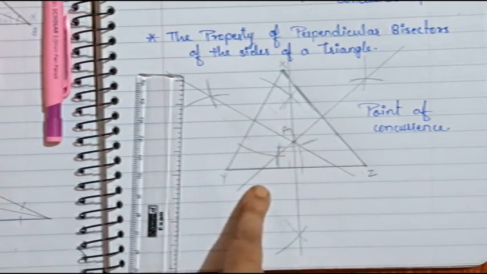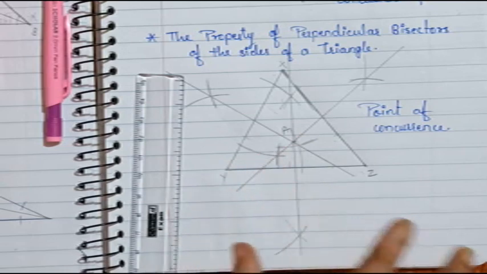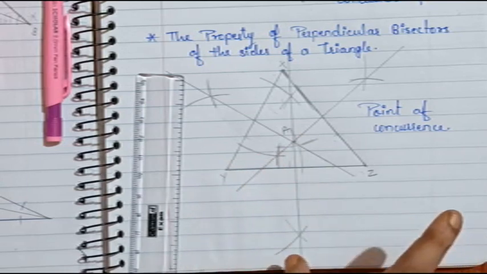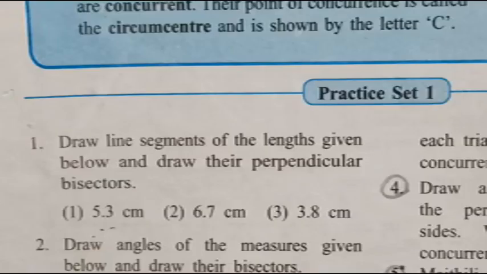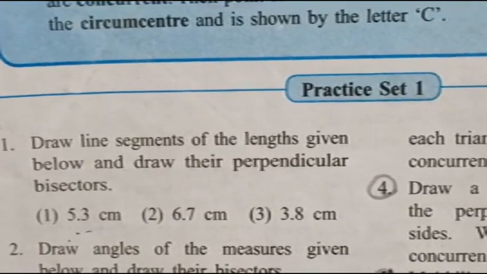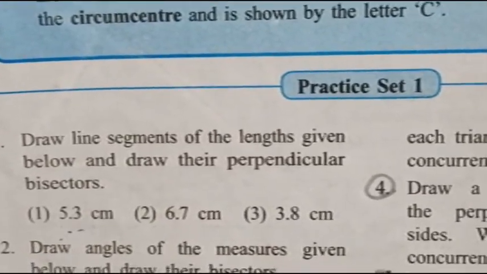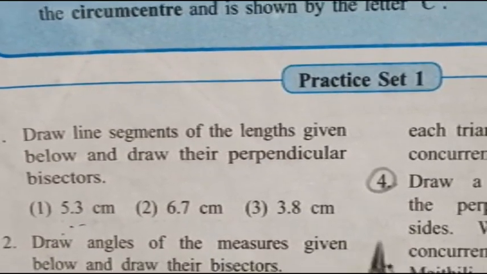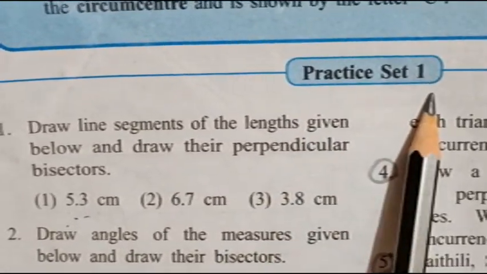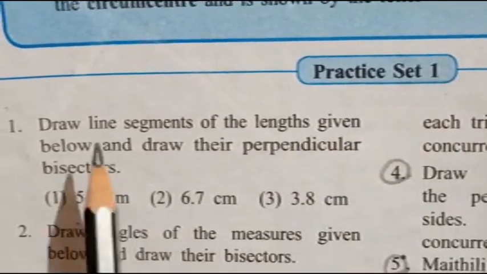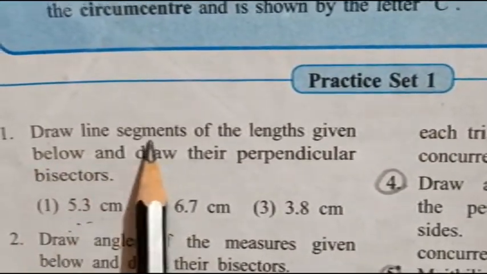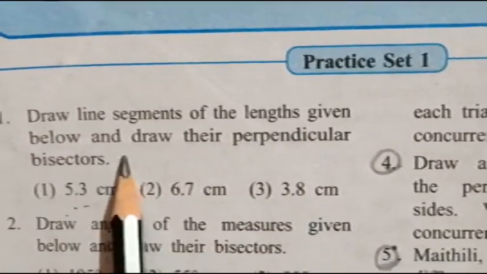Is that clear students? So these are the 2 main important parts for today. Okay, now students, in your textbook page number 2, we are going to study practice set 1. In that practice set 1, first question is draw line segments of the lengths given below and draw their